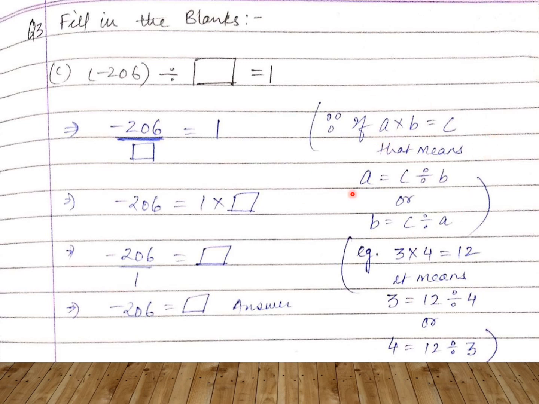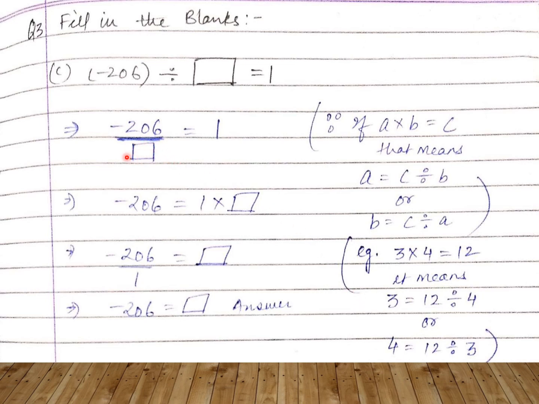If this is not clear to you, you can understand by this example. When you have 3 multiplied by 4 equal to 12, when you have 3 4s are 12, that also means 3 is equal to 12 divided by 4. You can check 4 3s are 12, or you can write this equation as 4 is equal to 12 divided by 3. That means whatever is in multiplication on this side, when it goes to that side, it comes in division. Or you can see the reverse also. Whenever something is division on this side, when it goes to that side, it becomes multiplication. That rule only I am using over here.